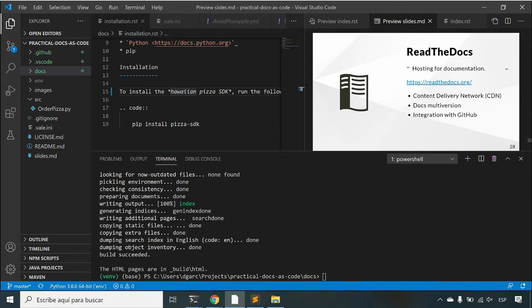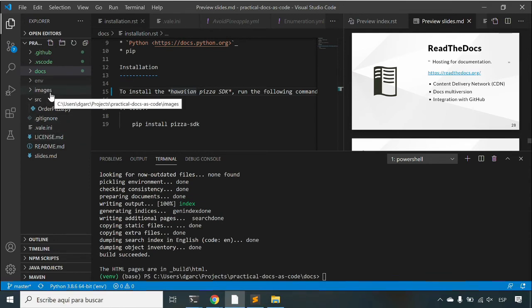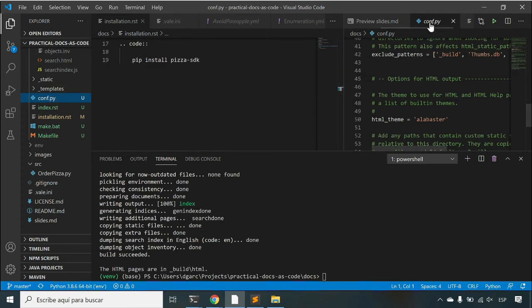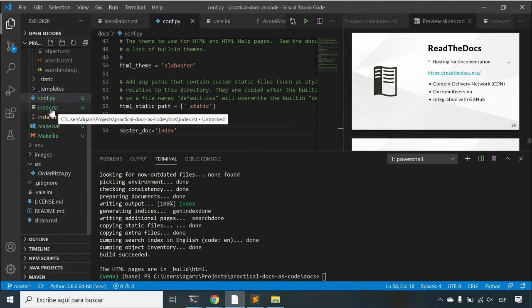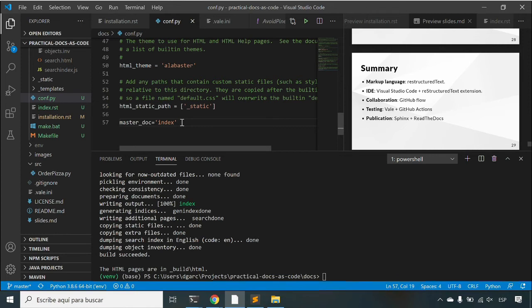I'm going to add first an option that's missing on the configuration file. Here in the configuration file, I'm going to add the option master doc equals index. This just means that our main page or main documentation page is the index one, and without it, ReadTheDocs complains. And what I'm going to do now is to submit my changes to GitHub, git commit -m,